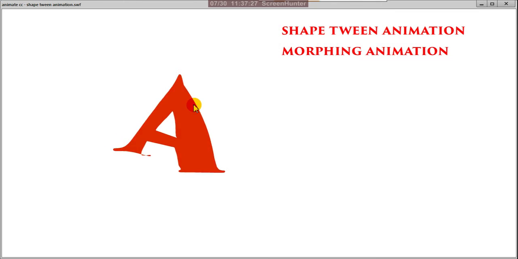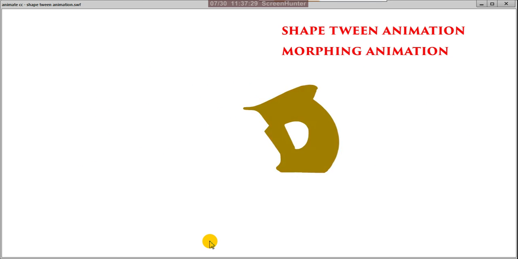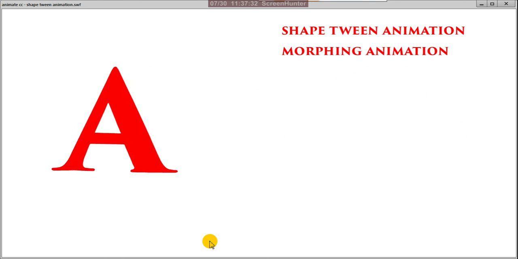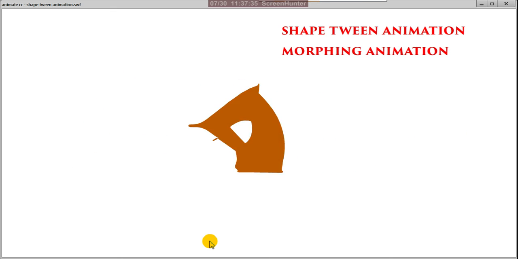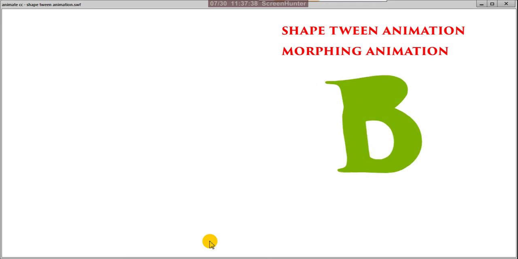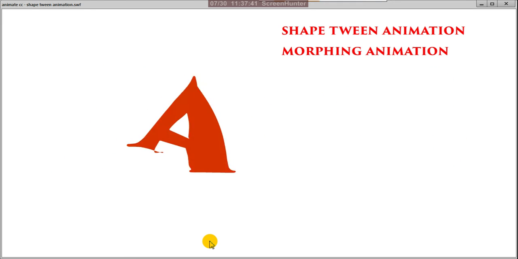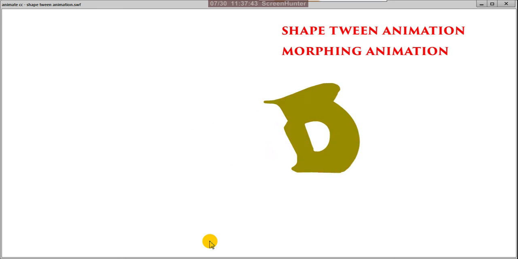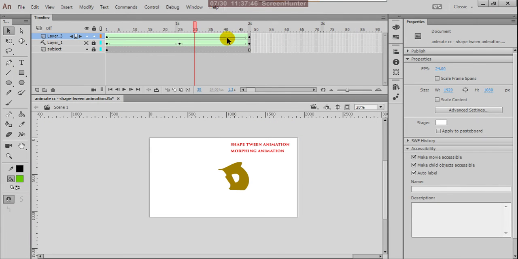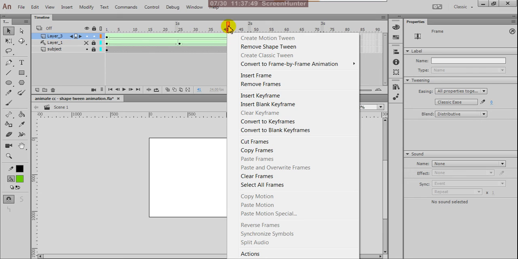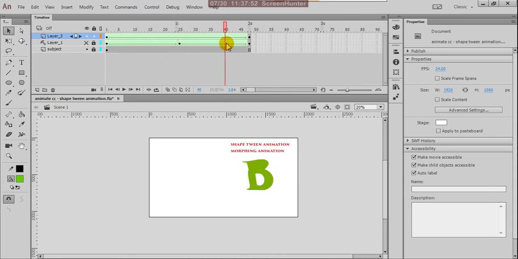Suppose Control Enter, see A is nicely transforming into B. This is nice. So even with your text you can create shape tweens, but when you apply shape tween for the text, you must change the text with break apart.